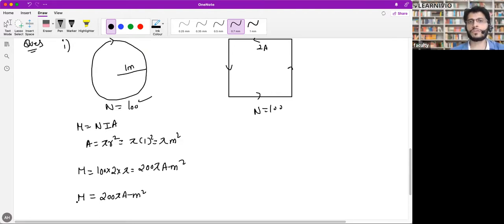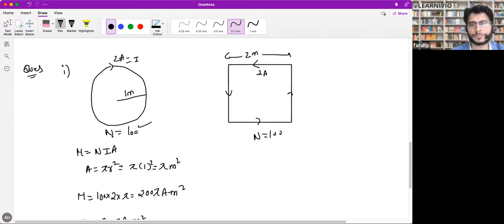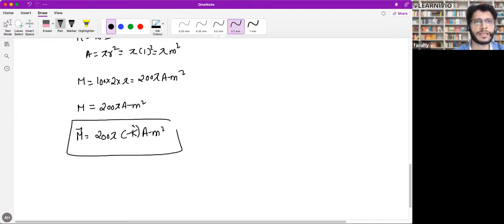Now, direction. For direction, use the right hand thumb rule. Nazira, what's the direction of magnetic moment here? Right, left, in, out, inwards, outwards? Apply the right hand thumb rule and get the direction. Direction is very important. Take your right hand, curl it along the current. The thumb is going inwards, so your magnetic moment is inwards. So you will write 200 pi minus k cap ampere meter square. Inwards means minus of k cap.